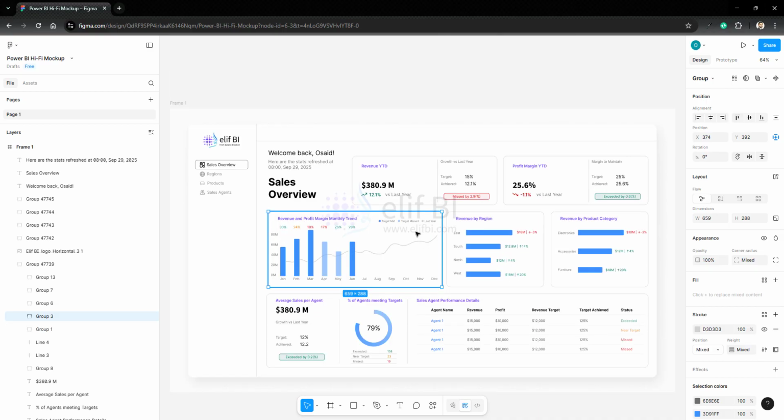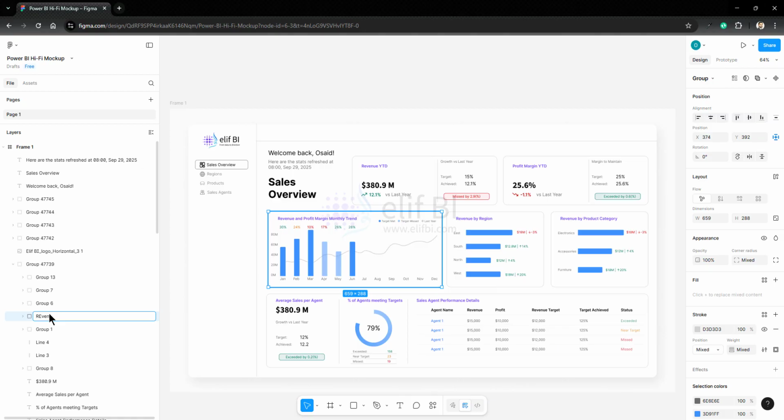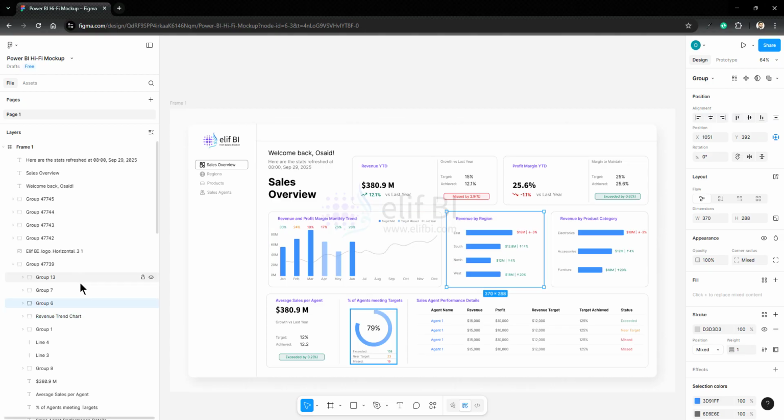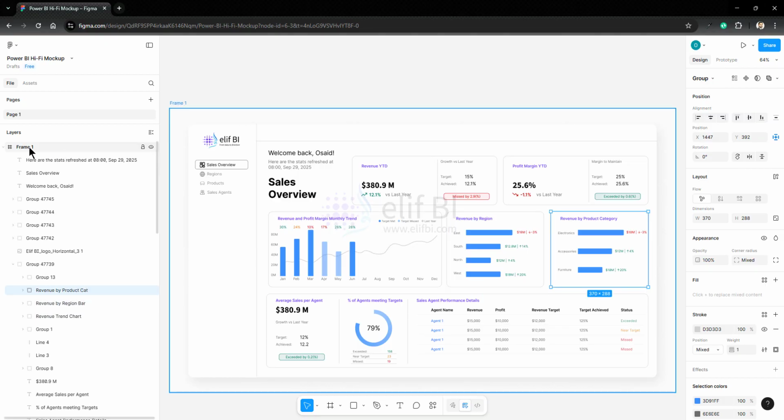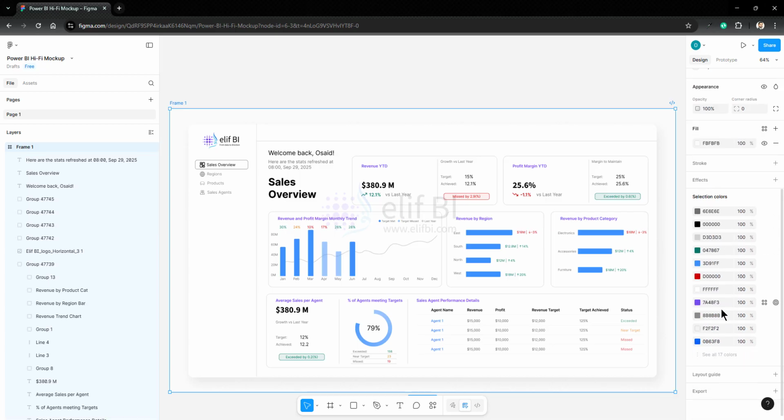Another important thing that I would recommend is, once you are creating a group, maybe you can rename them, something like revenue trend chart. So now you know that this is the revenue trend chart. If you click on this, you can call it revenue by region bar chart. If you click on this frame, the best part is that you will see all of the colors